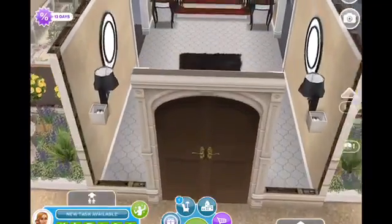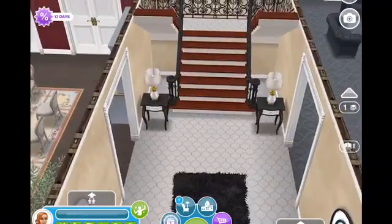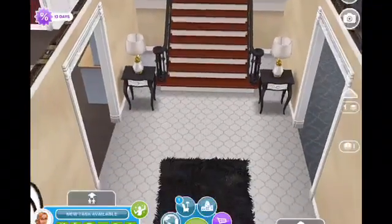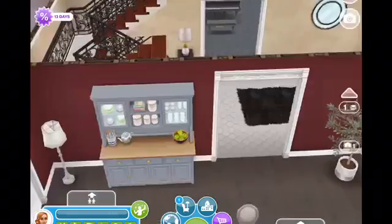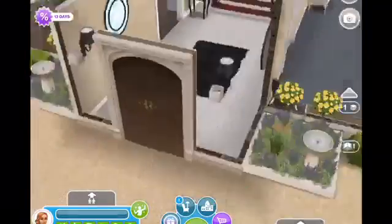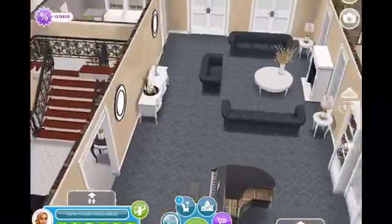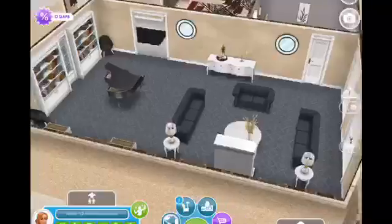So coming into the front here, again, this is just a redecorated home. I've redecorated the entryway here. I've added these black tables, some of the new carpeting, the black rug, the black mirrors. What I did was sort of what I did with the Latin Villa. If anything, this home was maybe a little overdone and some of the wallpapers clashed in the rooms, so I kind of fixed that. You'll see what I did, but as you come into this room, the great room here,